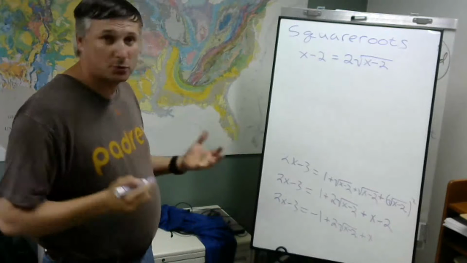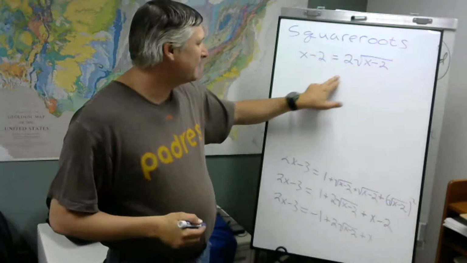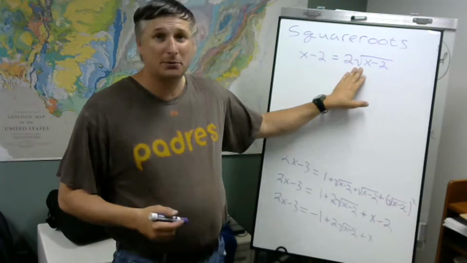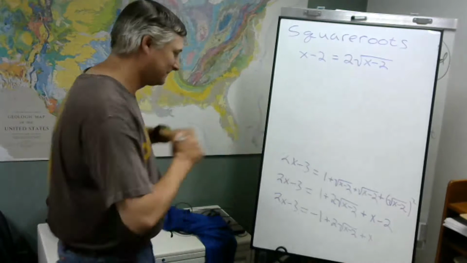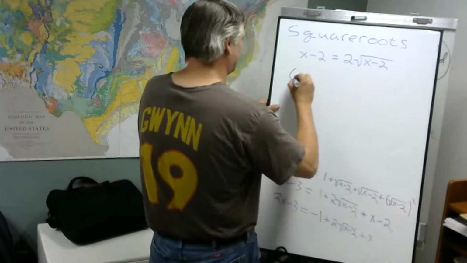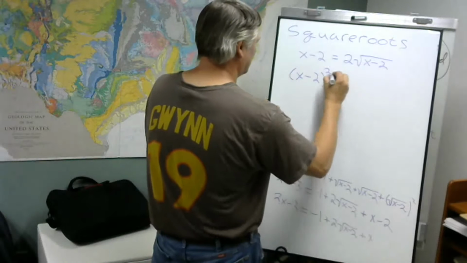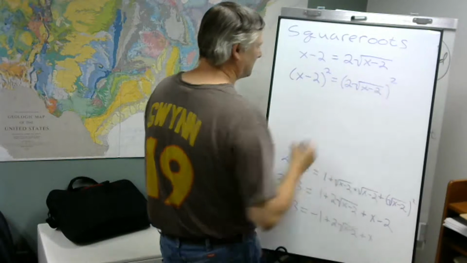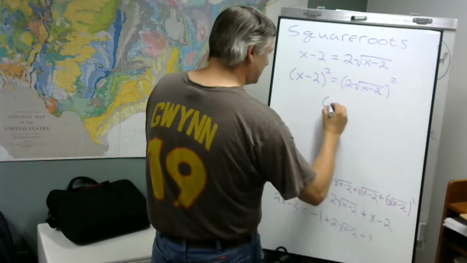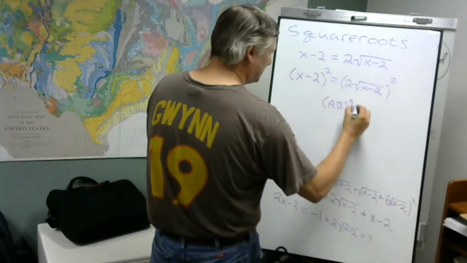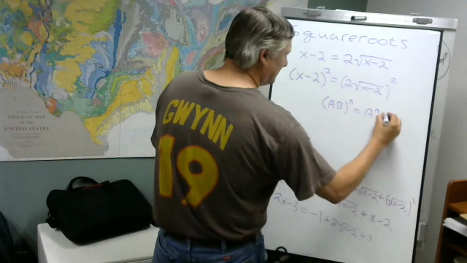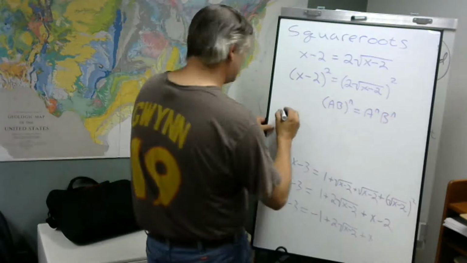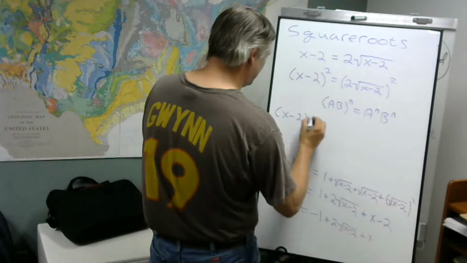So now we got to square both sides. Now we could divide this 2 over. I think that's going to make things more complicated. So let's keep the 2 multiplied to the square root, square both sides. Now here, recall that if we have a times b to the n, it's a to the n, b to the n. So what that means, I'm going to FOIL this,